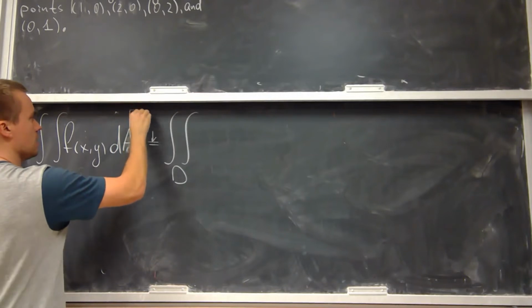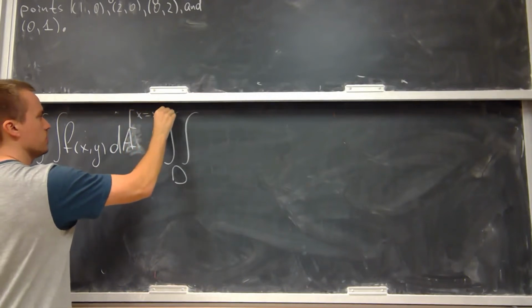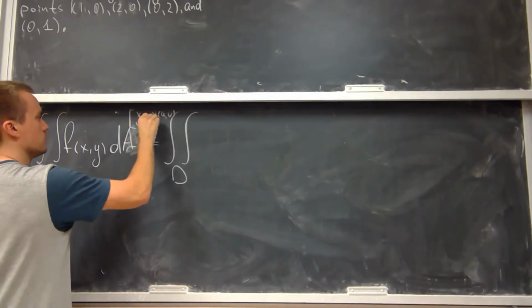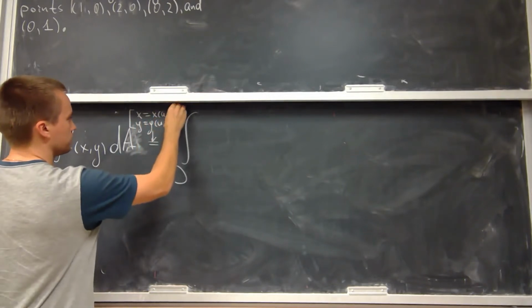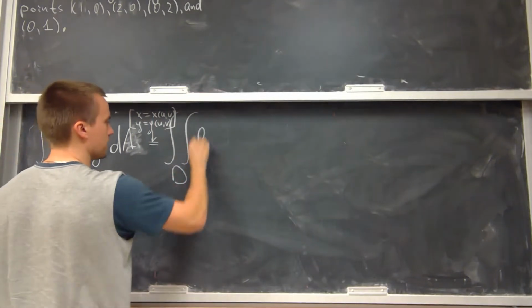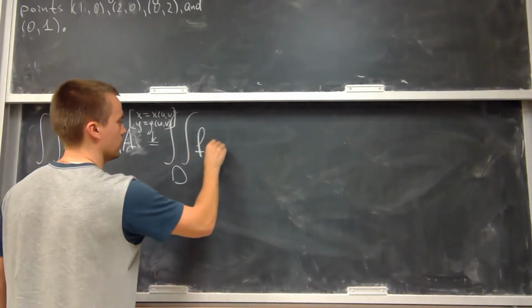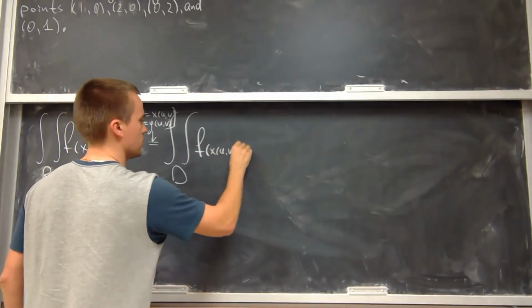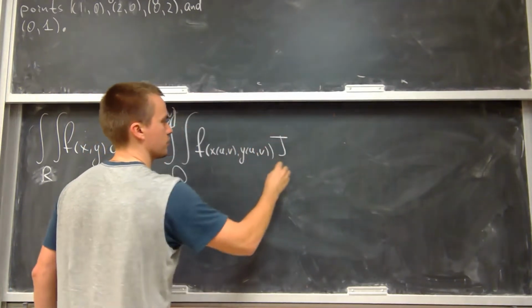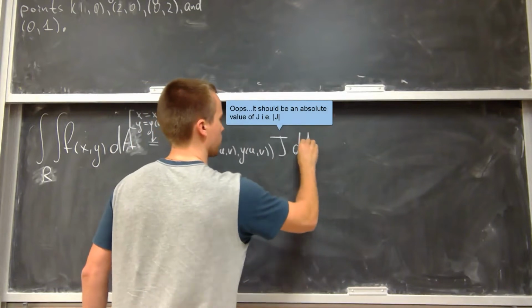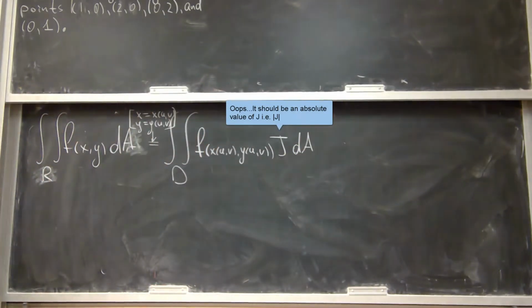So I have x in terms of u and v, y in terms of u and v, and then I have a new function f of x in terms of u and v, and y in terms of u and v, times the Jacobian dA. So